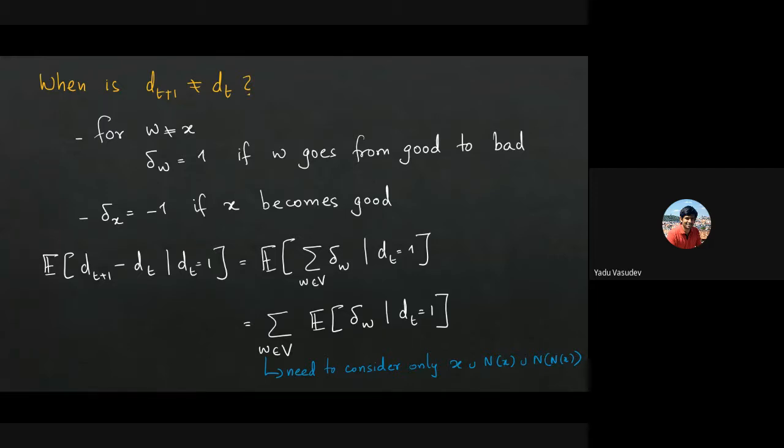It's going to be a case analysis, and this is where we are actually going to use the fact that the graph has degree at most 4. It will limit the number of cases we want to analyze, because if you take a neighbor of x, its degree is at most 4. One neighbor is x, so it can have at most 3 other neighbors. Till now we never used the fact that the degree of the graph is at most 4. Now we are going to use it, and because of that we'll get a simple case analysis of the possible values of this expectation. Any questions so far?